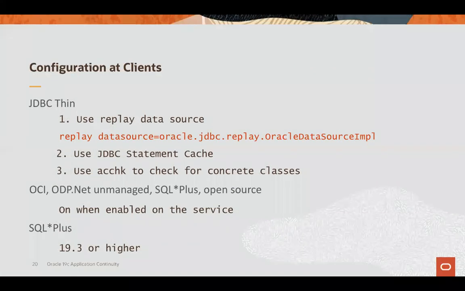To configure your client, you have to use, for example, the JDBC Thin driver or ODP.NET. And we have application continuity available with these clients for your applications. In SQL*Plus also it's available. You have to use SQL*Plus 19.3 or higher. It was just added to SQL*Plus. And application continuity basically,